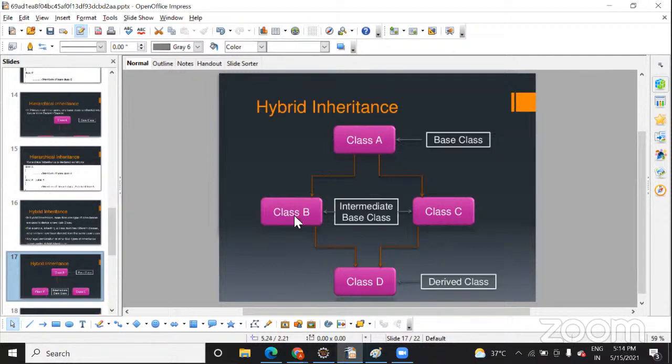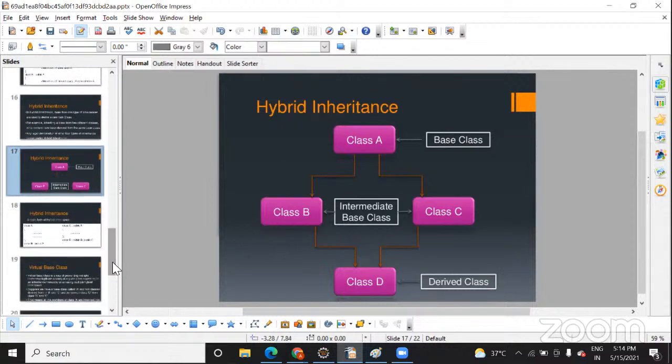Only this portion is hierarchical, the one we did before. Now if you see these two, which level will it come under? Single. Now if you have class A, class B, and you create one more class here, and consider these three classes, then it is multi-level. So this is the way of inheriting classes.